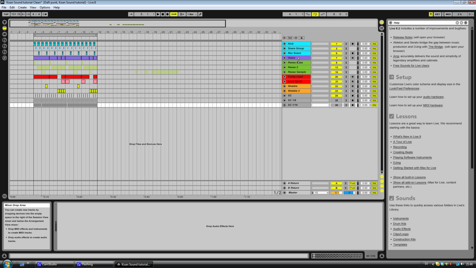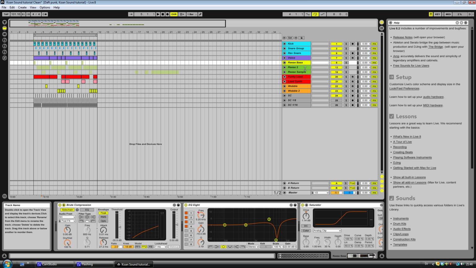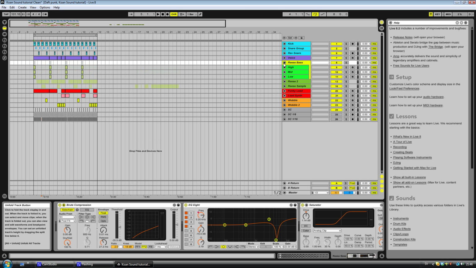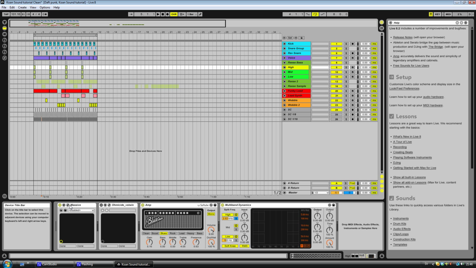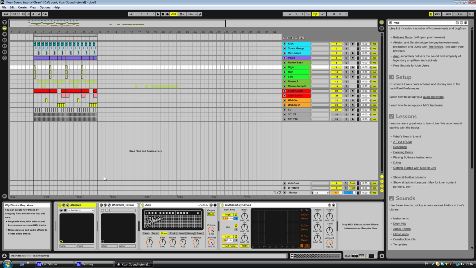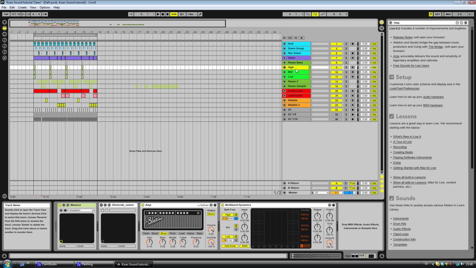I'm gonna show you how I made this Reese bass. I'll give you the preset. It's a massive preset. I'm gonna give you this in the description, and I'm just gonna show you what effects I used and how I was thinking when I was using them. So yeah, I started out with only one